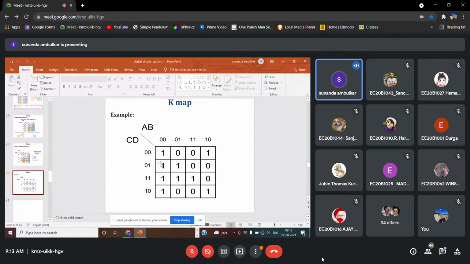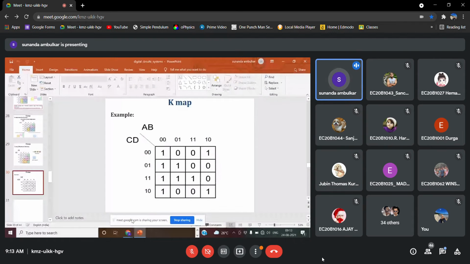If we see 0 0 and 1 0, this will form the adjacent ones group. This is 1 0 and 0 0. This will form one of the groups, because only one variable is changing. So we can fold like this, here, here, here, here.